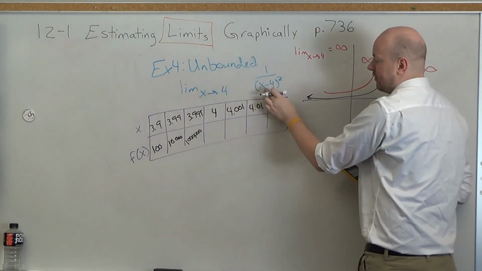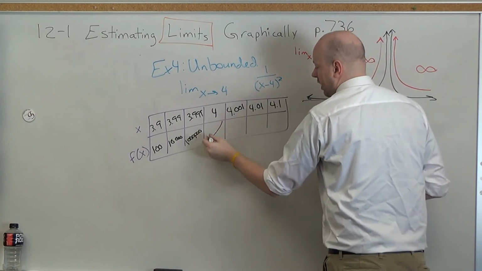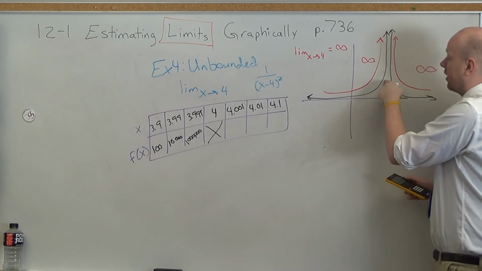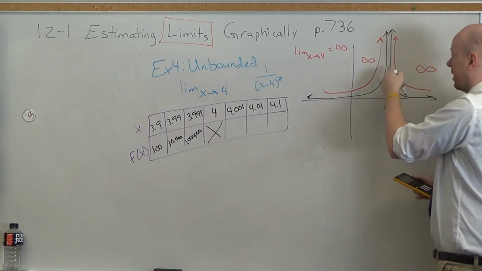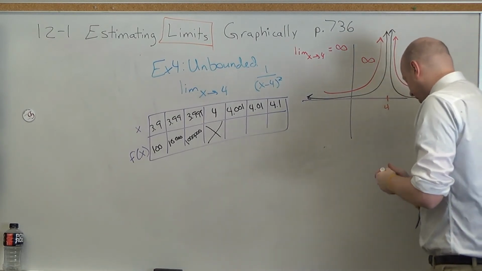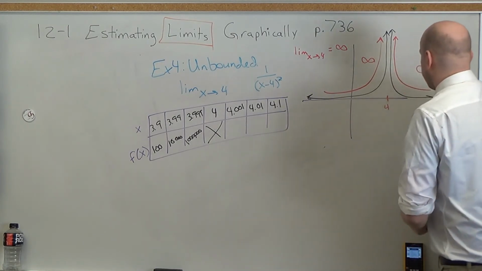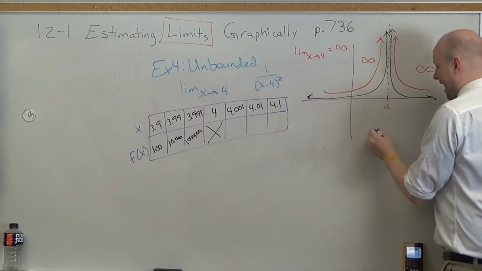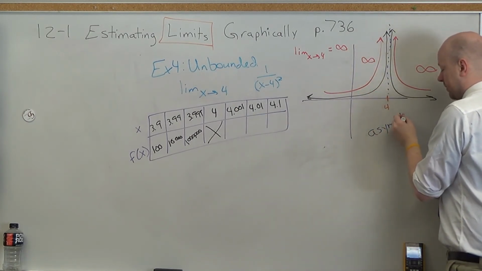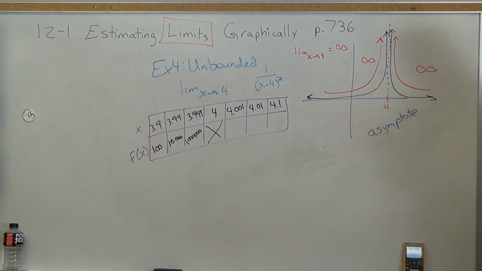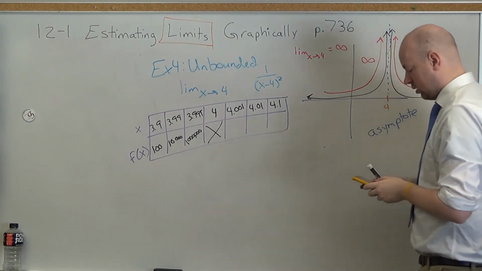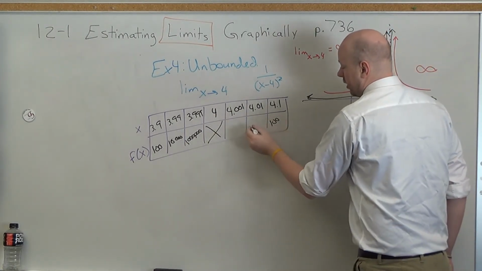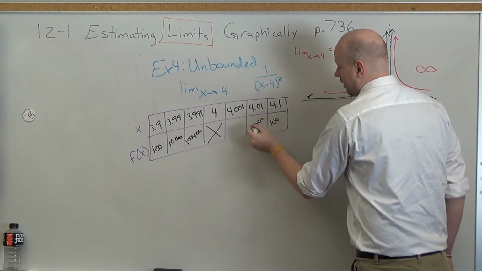4 doesn't work because 4 minus 4 would be 0. I'd be dividing by 0, so I know that value doesn't work, which again makes sense because if I look at it graphically, does my function ever get to a point where I can do it? No. Back in the day, we called these asymptotes. Same thing happens. That would be an asymptote. And the same pattern works on the other side. I get 100, 10,000, and